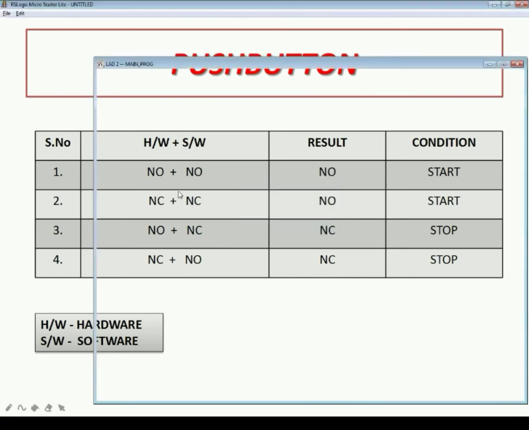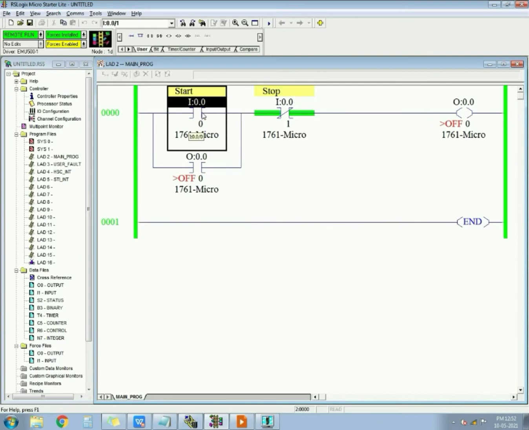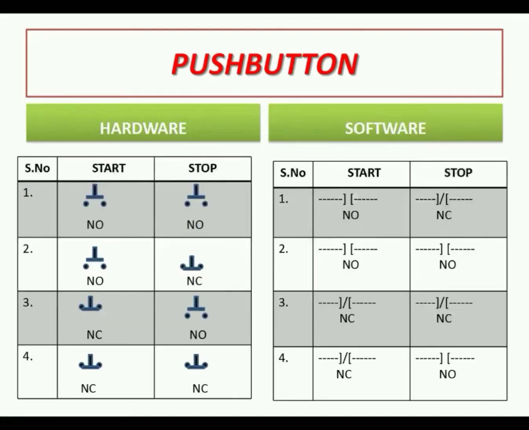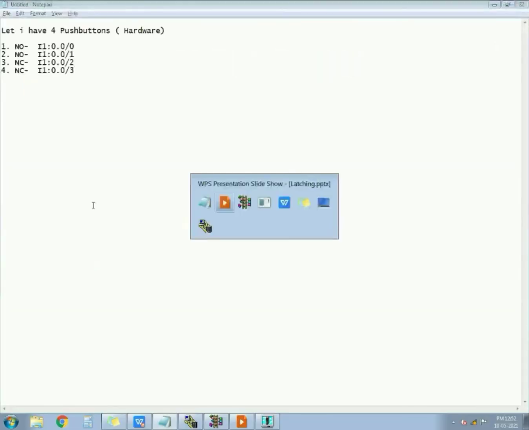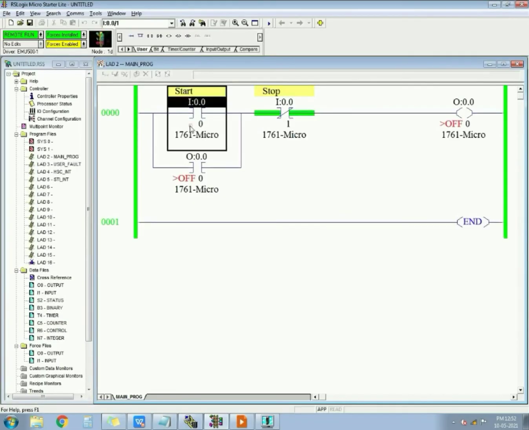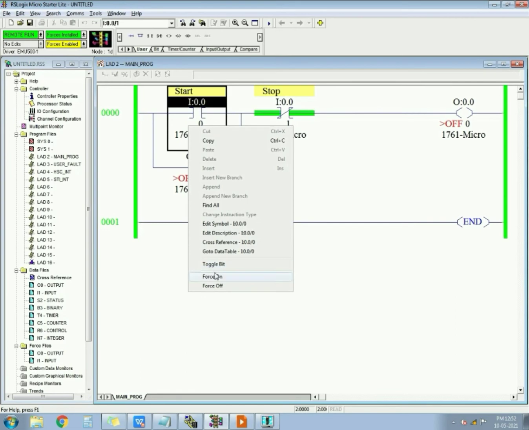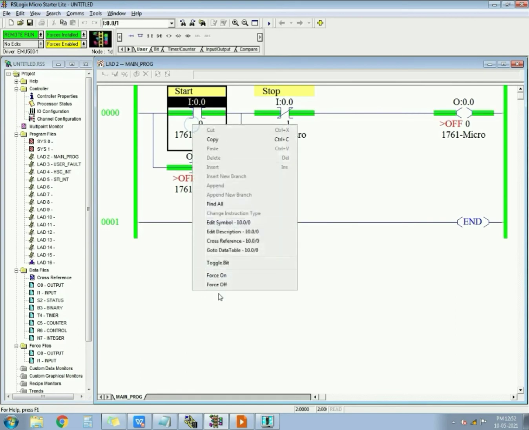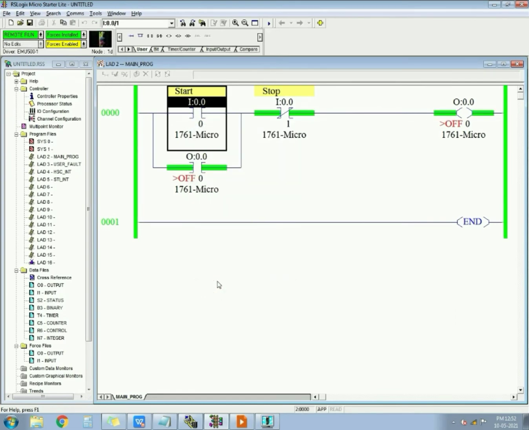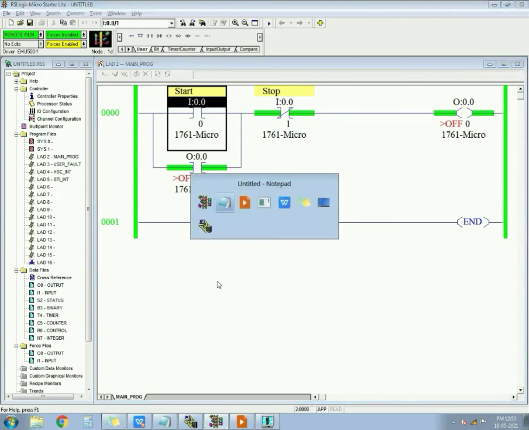See, in the program here the software is NO. So I will check the hardware. In hardware, start is NO, start is again NO. So hardware plus software, NO plus NO, will give the result NO. That's why my program is working as NO. When I force on and force off, it passes the supply. It latches the output. And secondly,